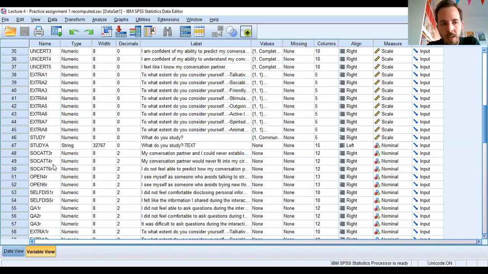So they end in an R. So social attraction 3 R is actually the same as social attraction 3, but in this case it's recoded such that a score of 1 has become a score of 5, such that all of those things can be nicely added. If you're recomputing your variables, make sure to include the recoded versions of your items here,